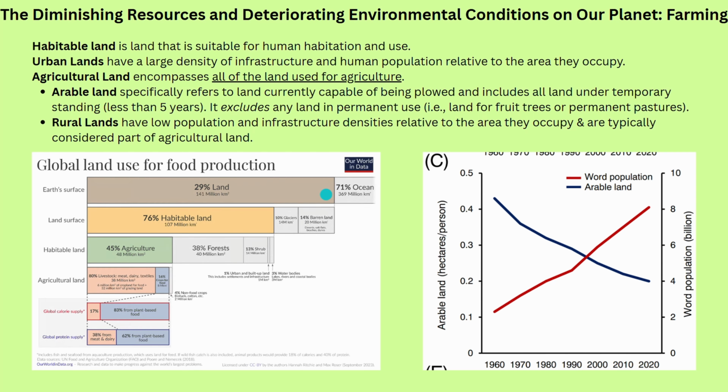Of this 29%, 76% is suitable for human habitation and use. This is also known as hospitable land, which is probably the land that you're most familiar with and think of when you think of land on Earth. However, 24% of the land is not hospitable for humans, and it's covered in things such as glaciers, deserts, salt flats, etc. Now, I'm sure most of you think that since humans have such a large effect on the globe,